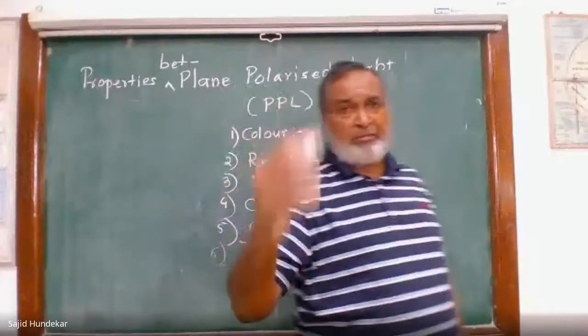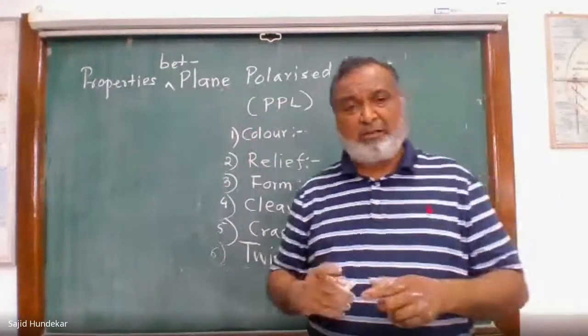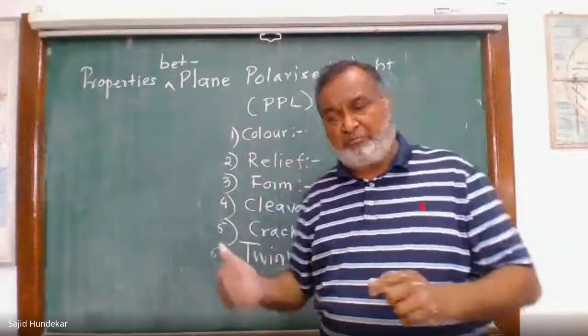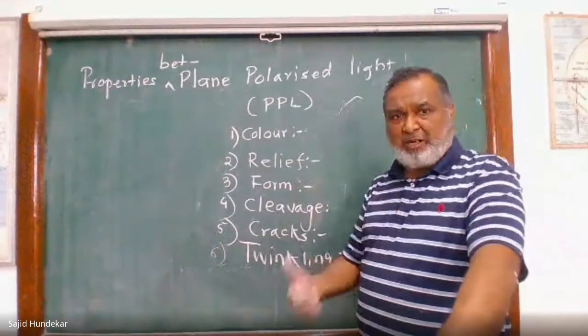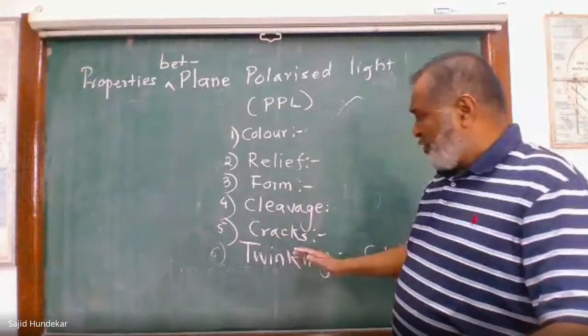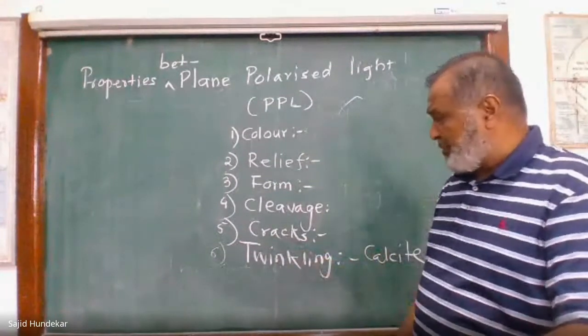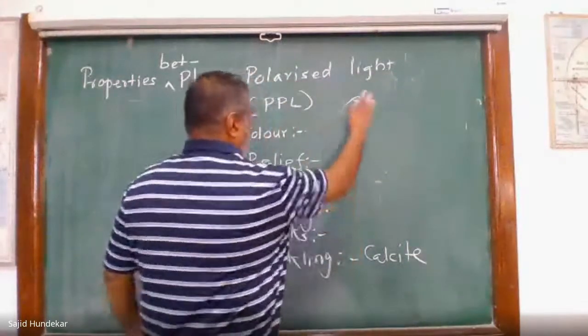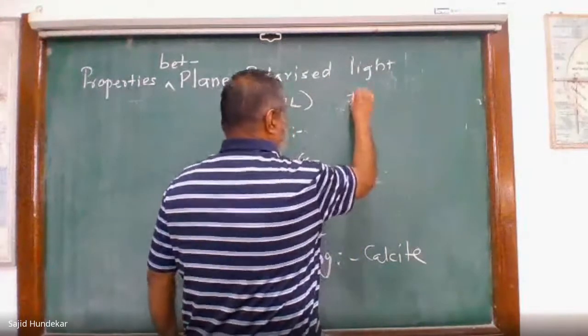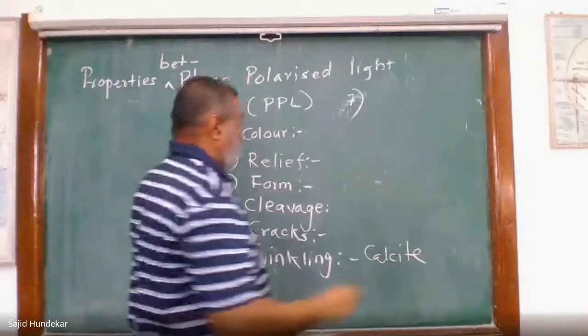And if we have the PPT, I'll show you in that PPT the colored ones, how they are there. Can you see that particular property in that? So the twinkling is the number 6 property. Then the number 7 property. And right here, so that you can see now very clearly.